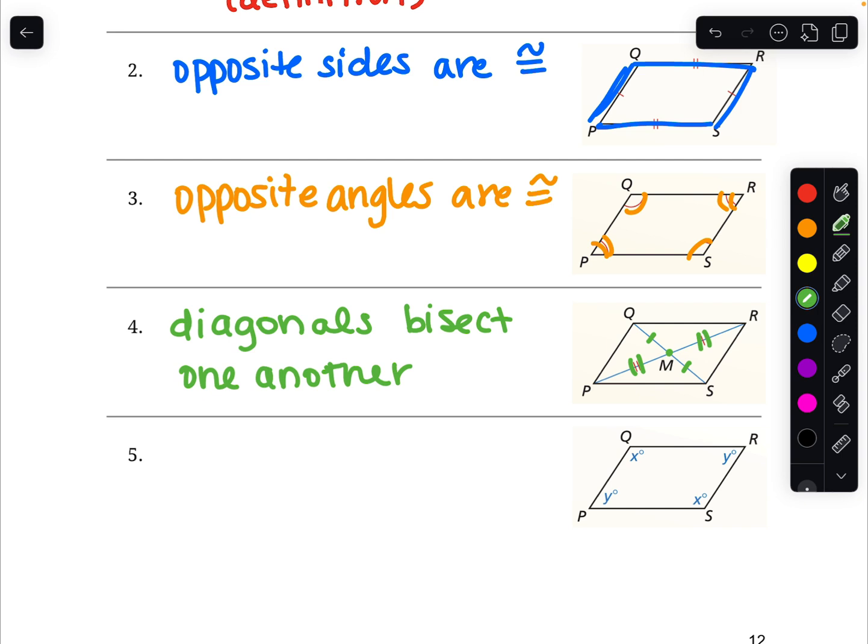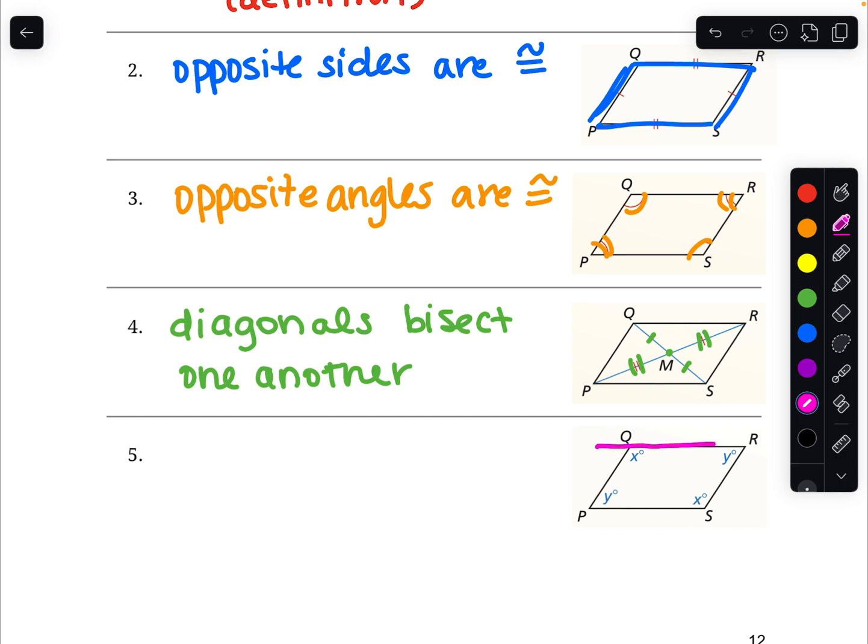Note that PR in this diagram is longer than QS. Within a parallelogram, you're going to have one long diagonal and one short diagonal because we're kind of on a slant situation. The last one, a little bit harder to see just from the markings in a diagram, but